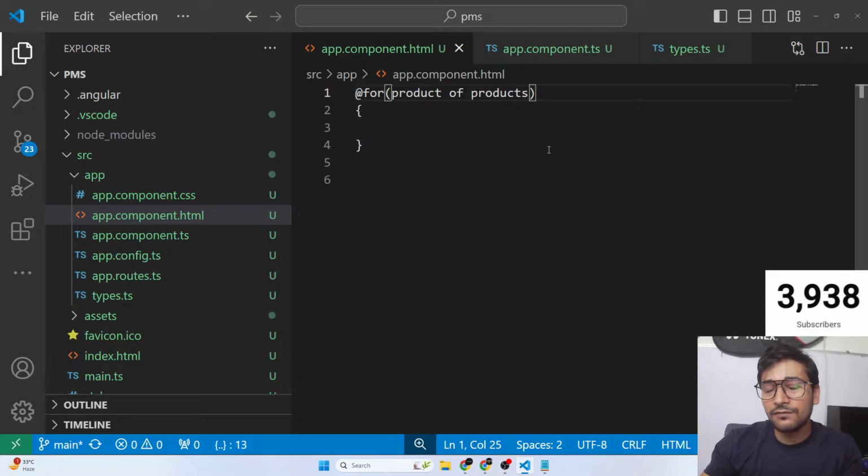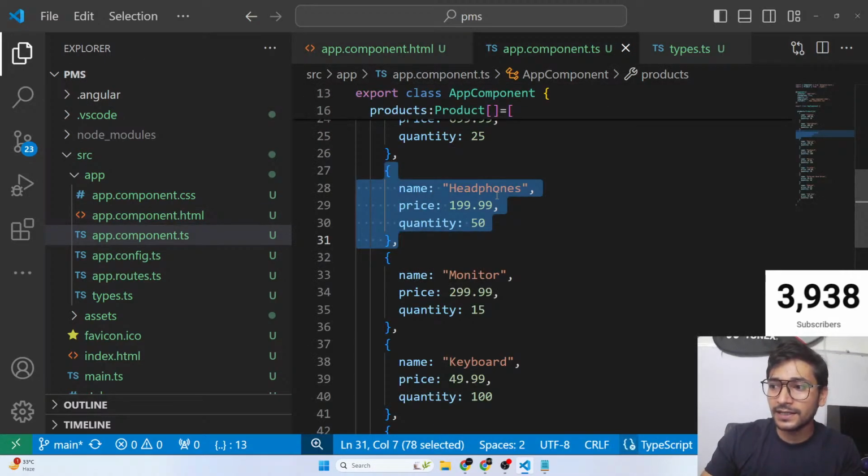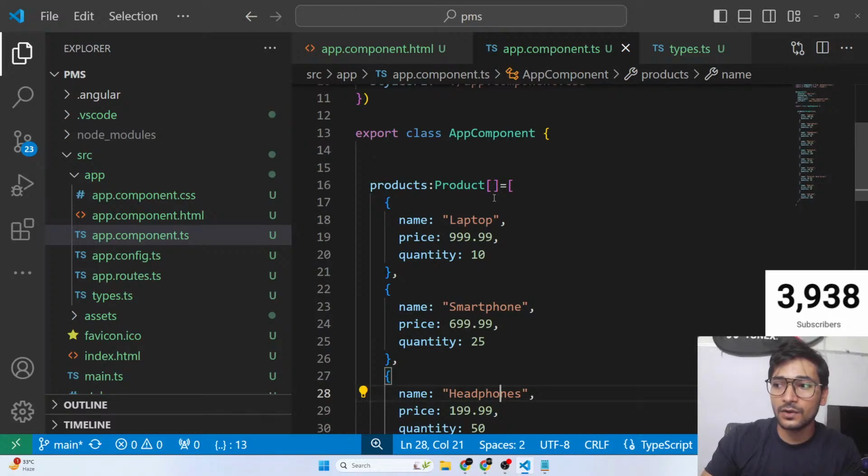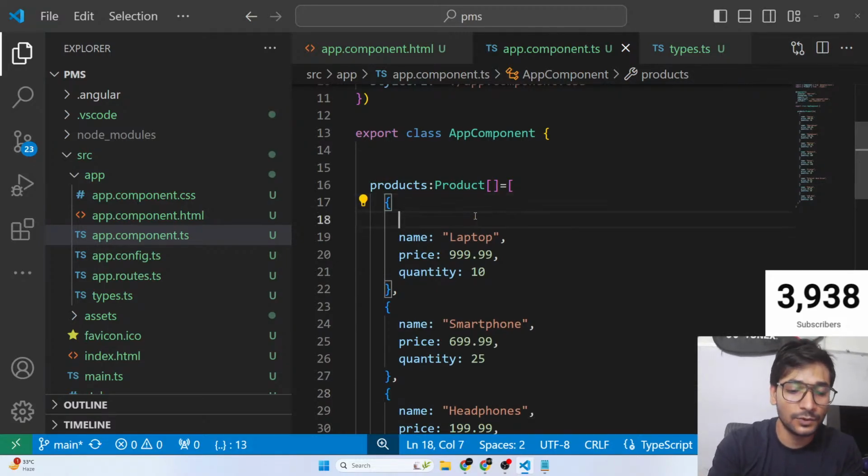Whenever you're using @for inside Angular, there is one very important property that you have to mention, called track, in your loop only. So put a semicolon and use track. You have to tell Angular how you are uniquely identifying your element, so that while doing the DOM operations, it's easier for Angular to re-render your component. That's why you have to give something unique to every element. Right now our product is not having anything unique. So what you can do is give an ID here. To every product, give an ID.